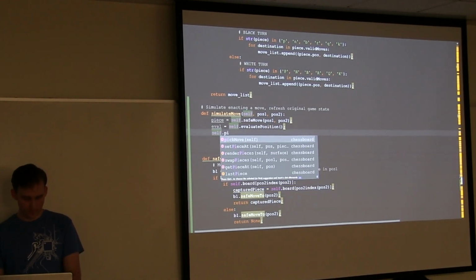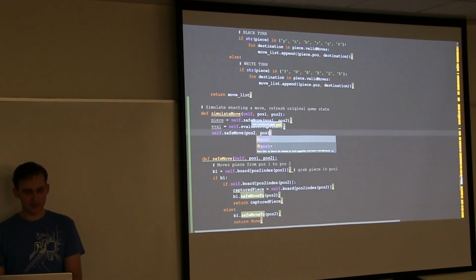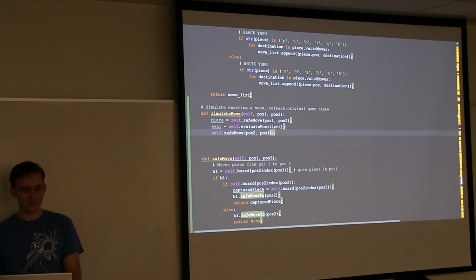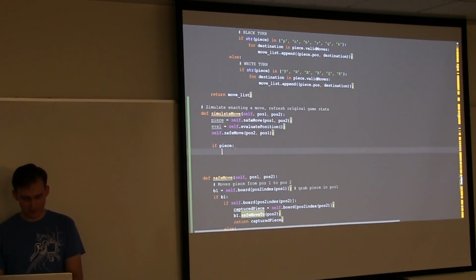is to first move our original piece back. I know this gets a little hard to keep track of, but we'll get back to playing our cheery opponent pretty soon. So you move back the original piece, and then if we actually took something, that's what this represents.